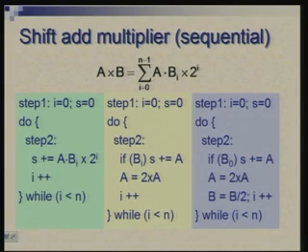The next modification here is that instead of looking at different bits of B in successive iterations, I can keep on shifting B in a register, so that I always look at B_0. That will also simplify the hardware to some extent. Rather than trying to look at different bits in different cycles, I look at the same bit, but move the bits in such a manner that I need to focus at the same point always. So, here I am checking B_0 always, but to compensate for that, I am making B as B by 2, which means B is right shifted every time to get the same effect.